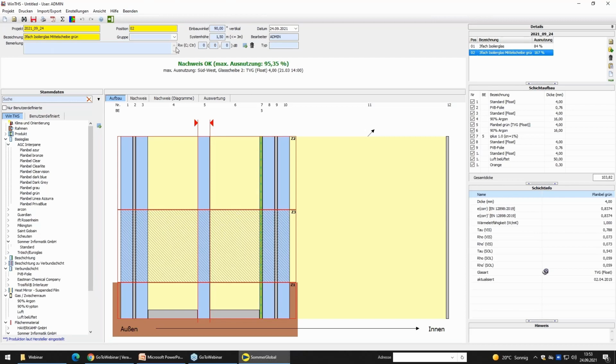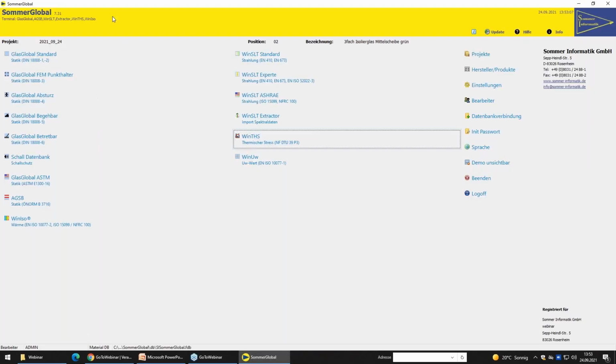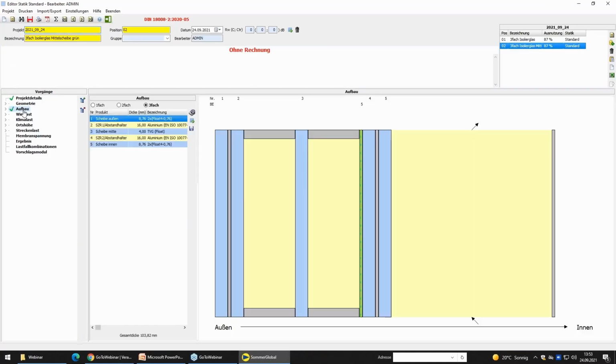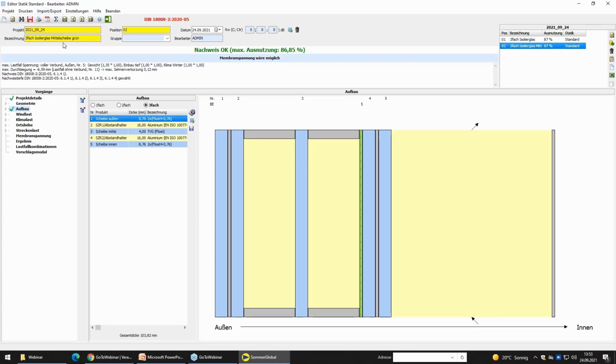So when we save our project, we simply leave WinTHS and assume that I want to calculate the statics for my project that I have just made, then we can switch to Glass Global here. We then also have this construction, which we have just defined, stored accordingly, and we can immediately calculate the statics, assuming we specified certain loads etc. Here we would also have a static utilization of 86%